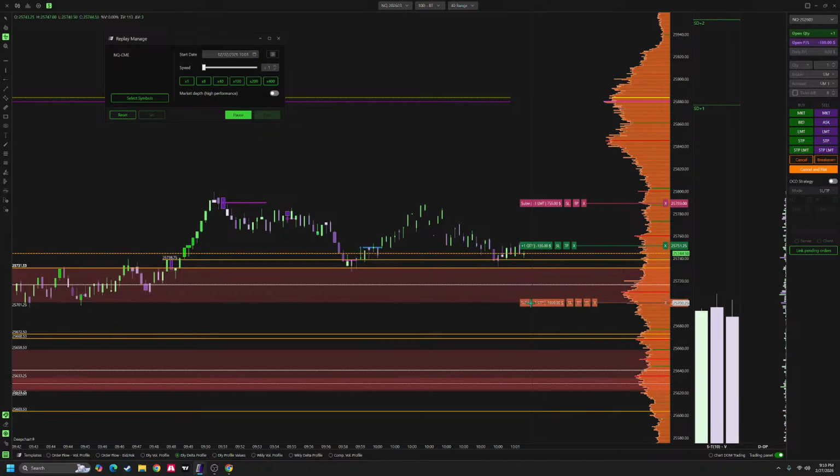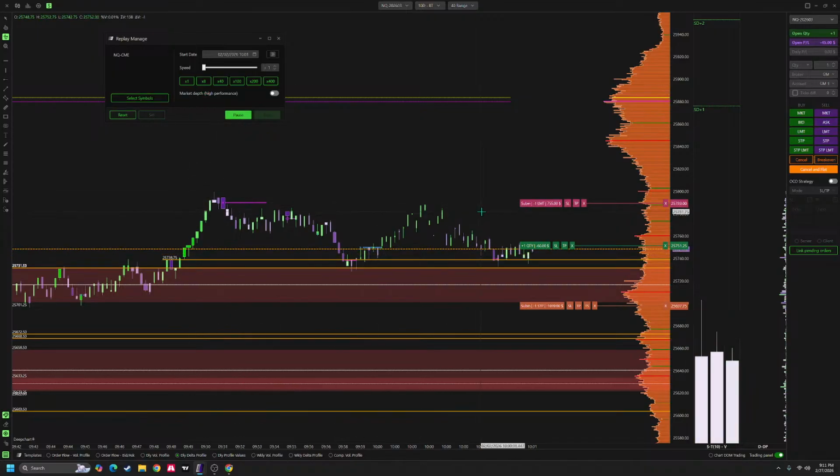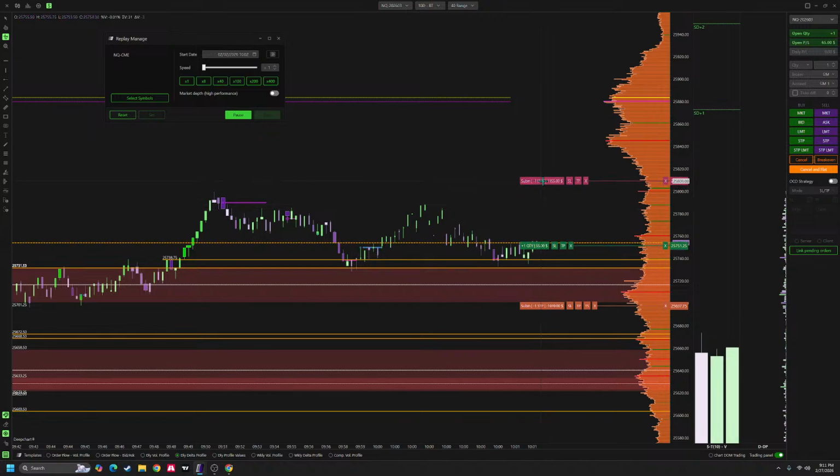Taking on a little more than 1-to-1 risk here, but I have good protection. Price is holding above this zone. And let's speed it up a little. I mean, these sellers may not even be there anymore. So technically,